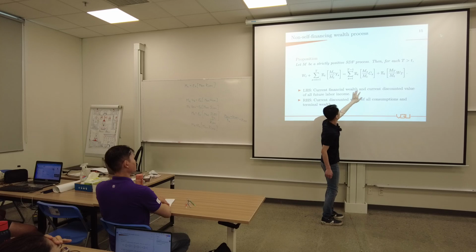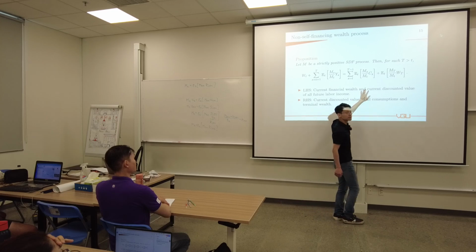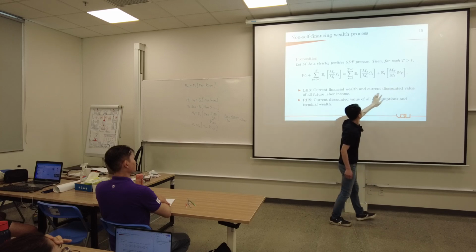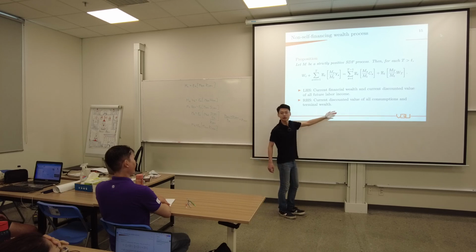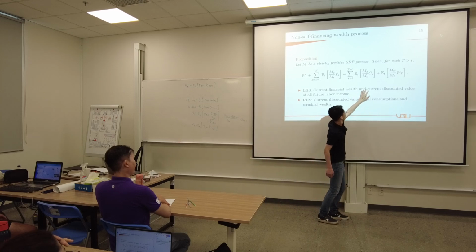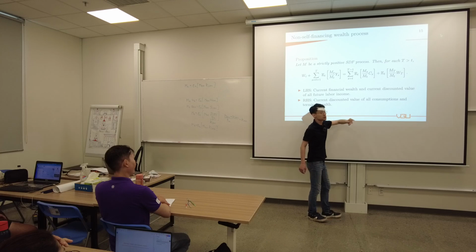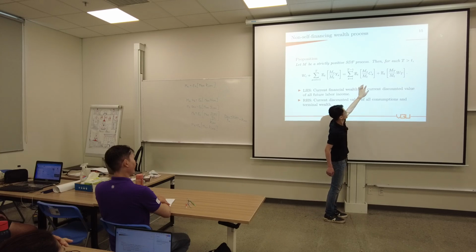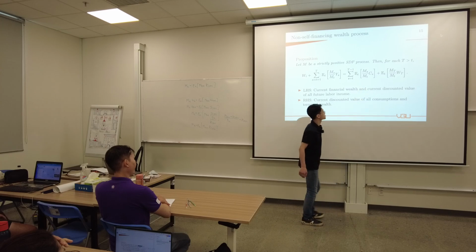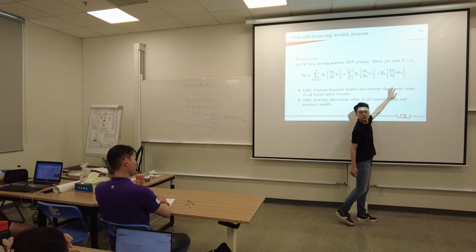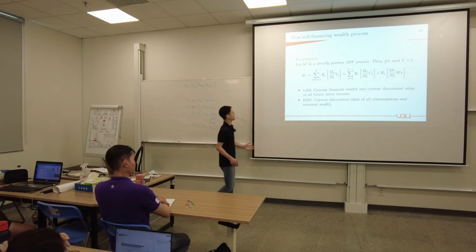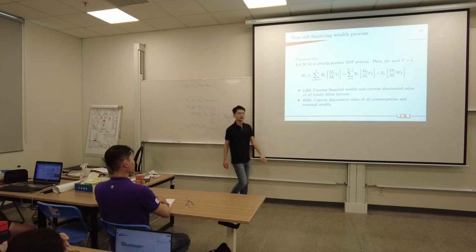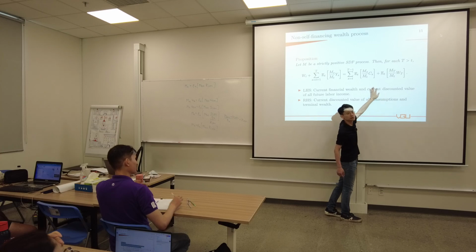On the right-hand side, what do we have? We have consumption and we have wealth. Consumption is a function of the income and his portfolio return. So consumption is also random. So to price consumption, again we have to use this SDF process. So this is the total value of consumption. Everything that this person is consuming, and this is the terminal wealth. So how much money is left at the end of the road? So usually we would just set W capital T as C capital T.